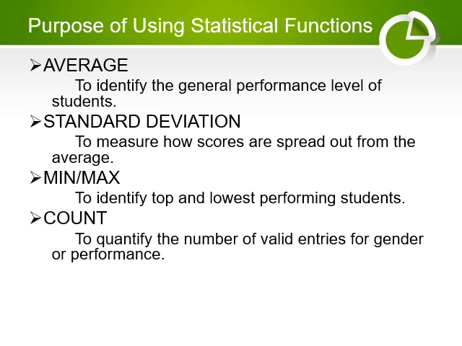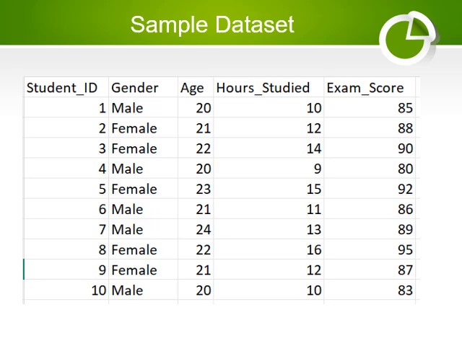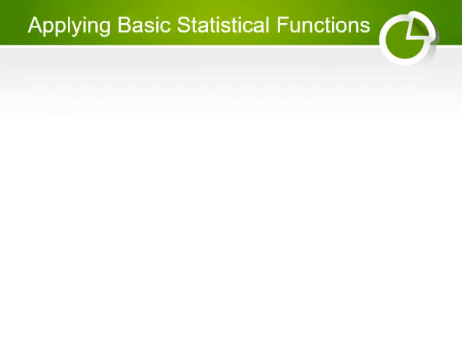So this tool allows us to answer questions like, does studying more actually help improve scores? Or this helps in determining if increased study time leads to higher academic success. So our dataset includes information from 10 students. For each student, we collected their gender, the age, the number of hours studied, and their exam score. This small data set helps us perform key statistical computations and visualize the results using Microsoft Excel.